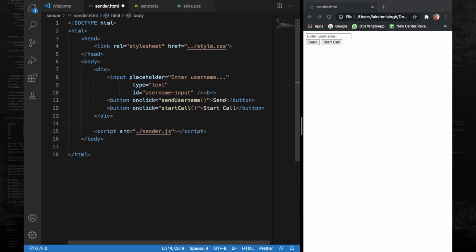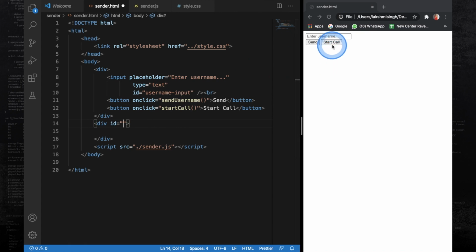But we will also need elements that will show the videos. And for that, I'm going to create another div. And I will also give this div an ID so that we can refer to it in the sender.js file. So initially this div will be displayed to none. But in the code, once the start call button is clicked, we will show this div. And this div is going to hold the video elements. So the ID that I'm going to give this is video call div,